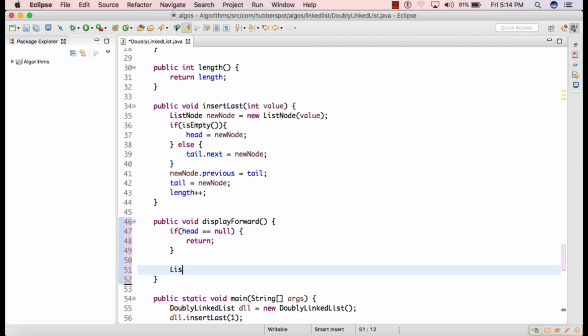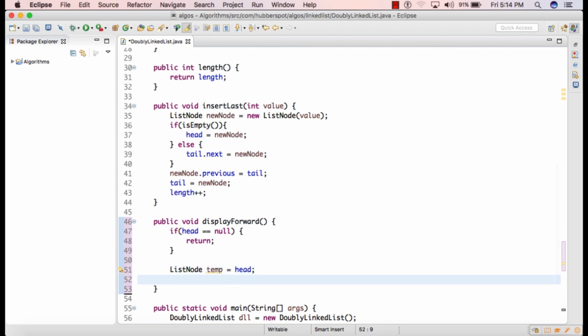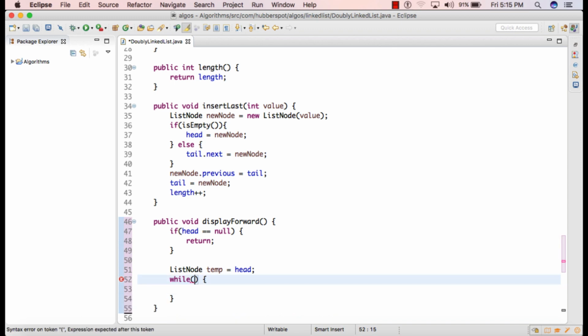Moving ahead, first we'll create a temporary node by the name temp and we'll assign the value of head to it. Then we'll create a while loop and we'll traverse the temporary node in a loop till it becomes null.